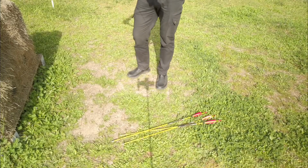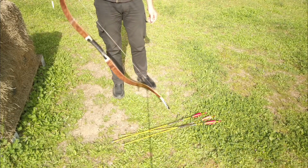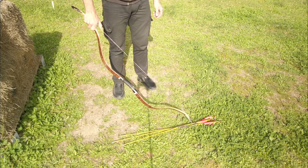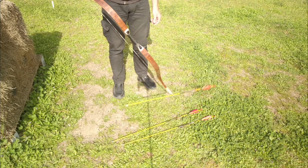Okay. So, why now this knock, this specific knock here? Because you can, from horseback, go down. When you can do it, of course. I can't. Maybe I can. And you can pick up an arrow, look. You can pick up,